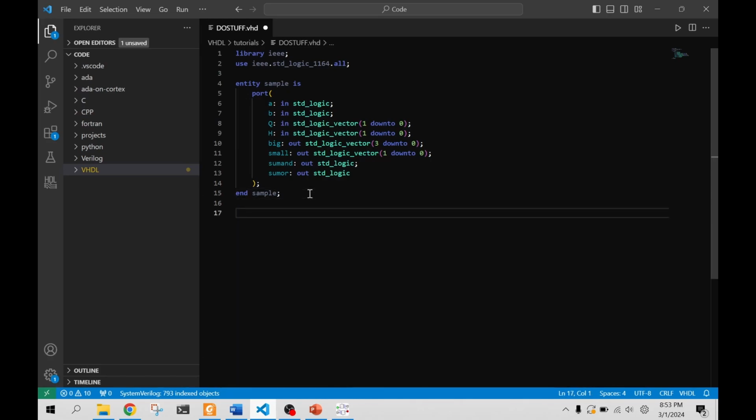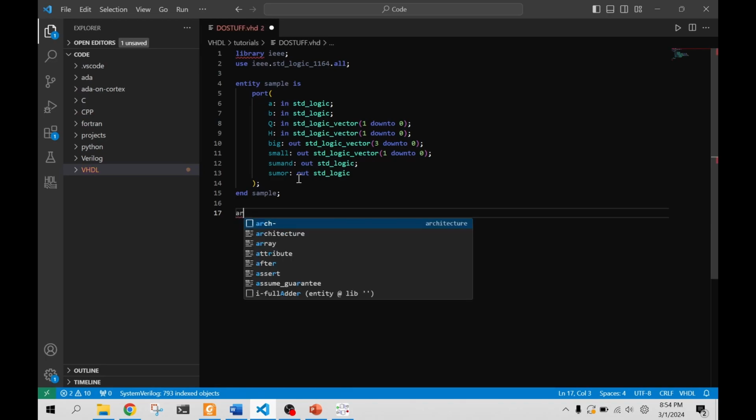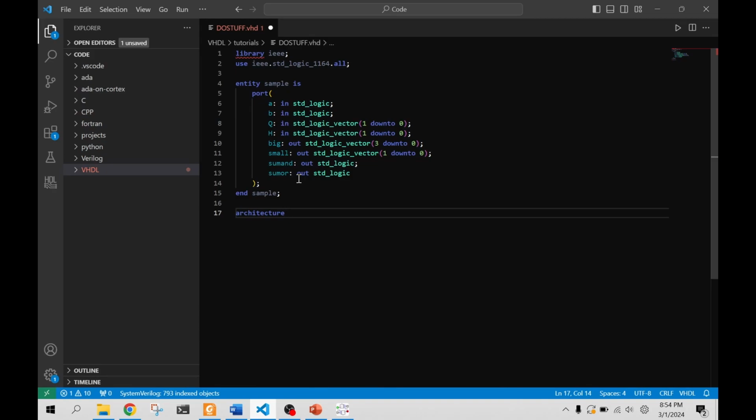Now it's time for the architecture, and this is where all the functionality is going to be. This is how your circuit behaves. These are all the inputs and the outputs, and this is where the logic of the circuit goes. So architecture, I like naming it RTL, of sample is